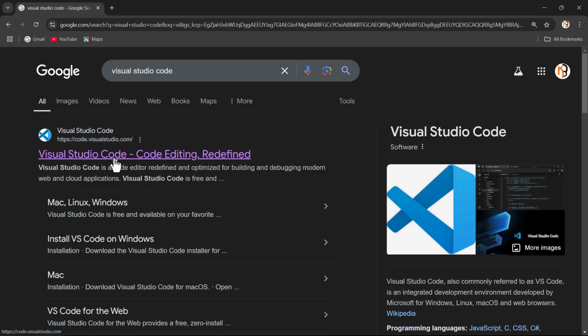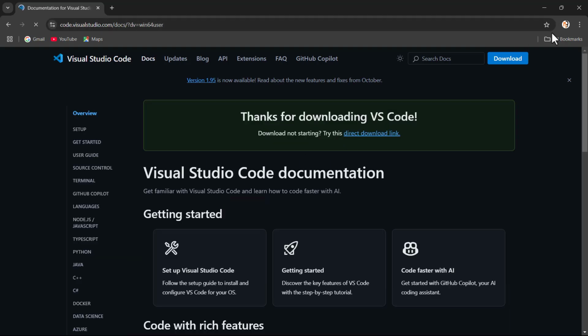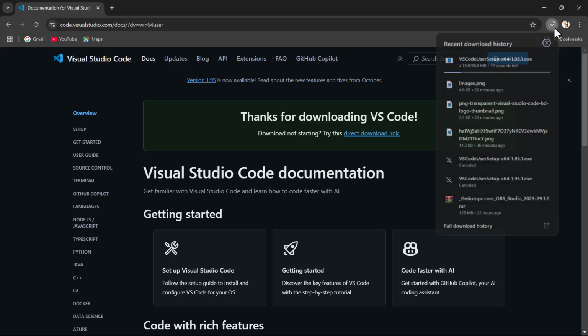Click on the first link that you see. My internet is a bit slow. Alright. Click on download for Windows, and yes. After the download is done,